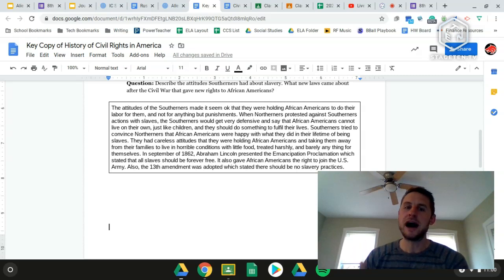So obviously Southerners, for the most part, thought that slavery was okay. They needed this free labor force, and they didn't want slavery to be banned because there was a fear, which turned out to be accurate, that without it, the Southern economy would not be able to go on with the ways that it had created.